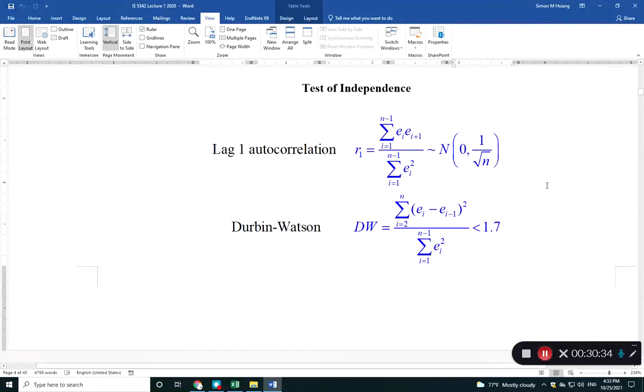Okay, and the test, there's a name for it. It's called the Durbin-Watson test. Okay, and the Durbin-Watson test basically is you can look at autocorrelations, like one autocorrelation,